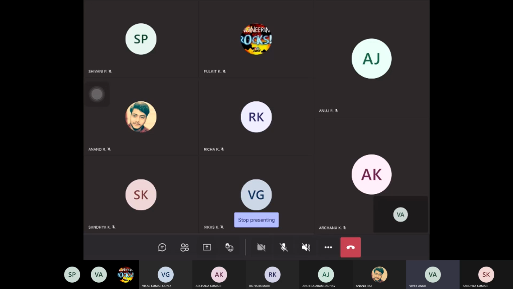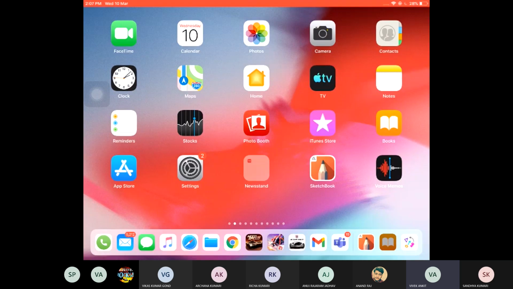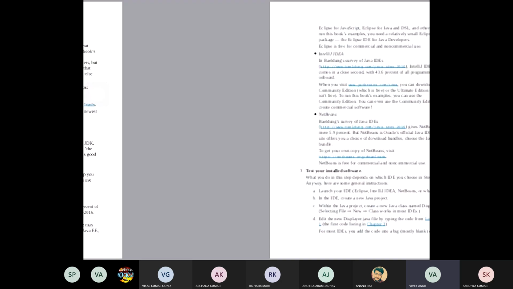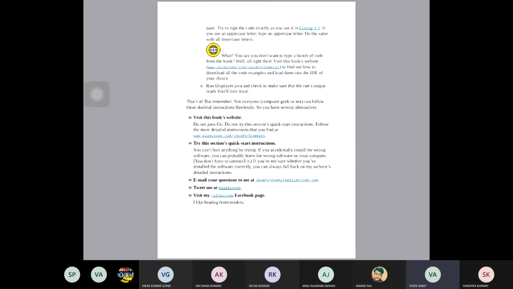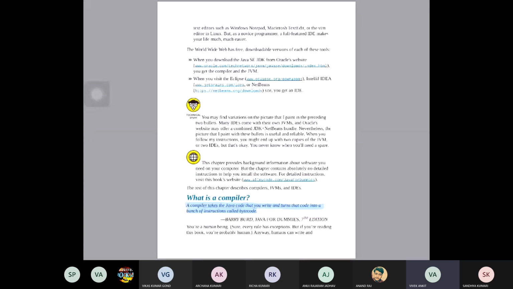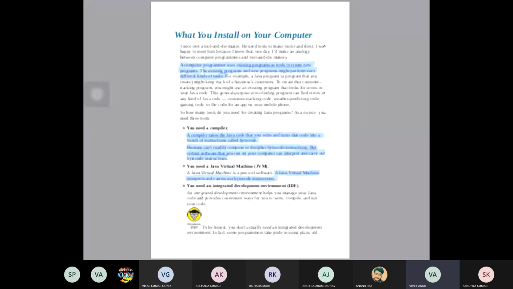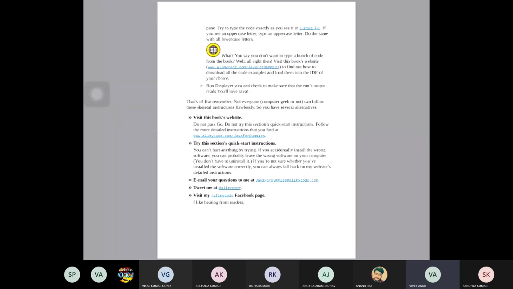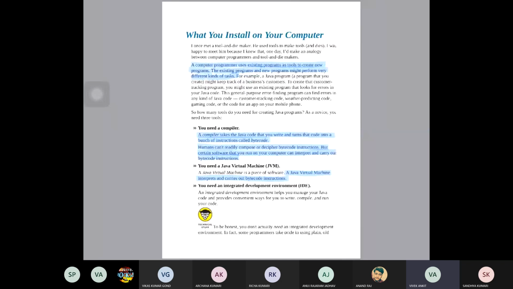Okay, so there were a lot of interesting terms in chapter 2, like JDK, SDK, then IDE, then compiler, what's compiler, what JVM, etc. We will discuss everything of them. Okay, so the first part of the chapter was about how to install Java and IDE and everything. That stuff all of you might have done, I think.